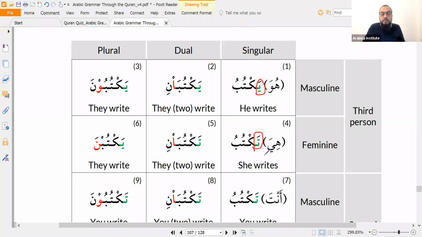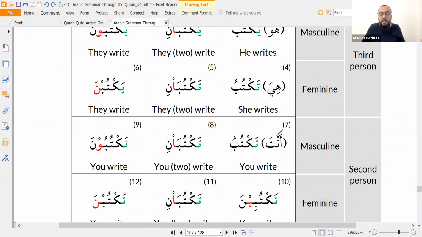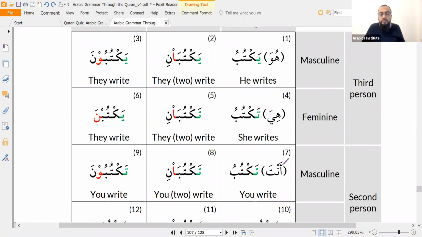Those ones I put in green. Those are the prefixes we add to the al-fi'l al-mudari' to conjugate it. They are not the pronoun, which I've made red. The red ones are the attached pronouns. So once again, huwa, hiya, and anta. In the case of the imperfect, these three. In the perfect, it was only these two. In the imperfect, these three do not have an attached pronoun to conjugate it.